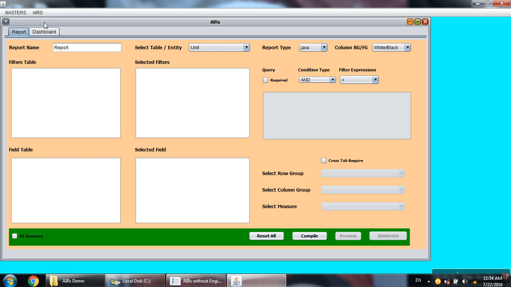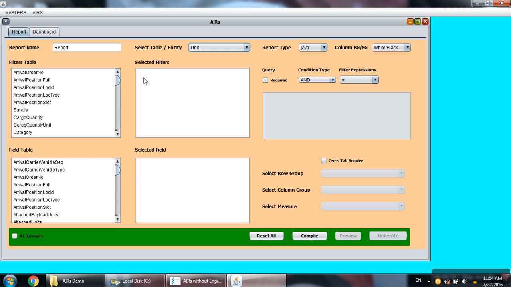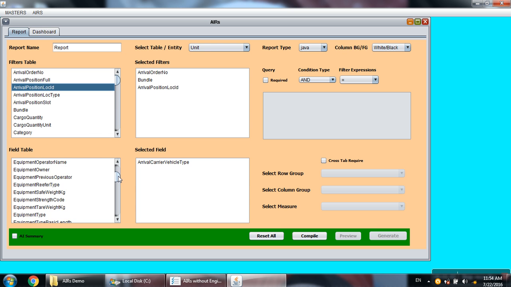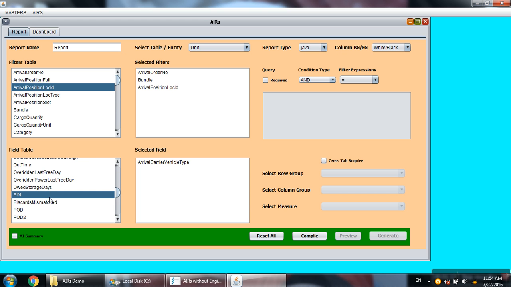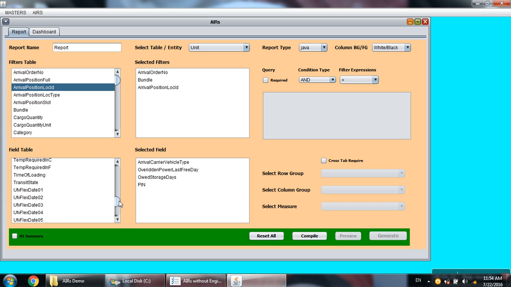Everything is the same, but here if you select these things, you can write anything, no problem at all. As I mentioned in the previous video, I'm talking about cross tabs. I want to create a cross tab on a certain report. Just assume I'm using some different attributes. These attributes may not be available, but I'm showing them from a demo point of view. Suppose unit number. Select the unit number